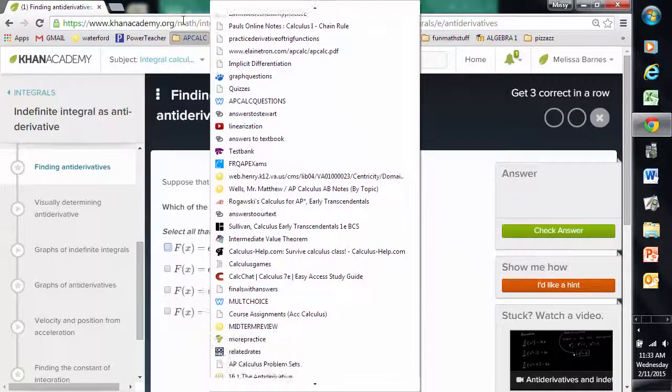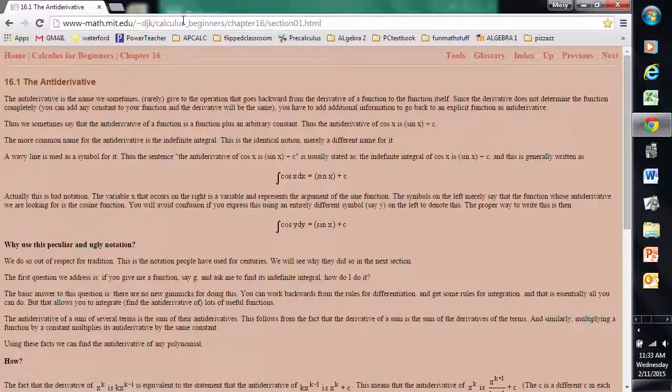Antiderivatives that I found that I thought was a little bit helpful. This is just a description of the antiderivative. It's the name we sometimes but rarely give to the operation that goes backward from the derivative to the function itself. Since the derivative does not determine the function completely, because you can add any constant to your function and